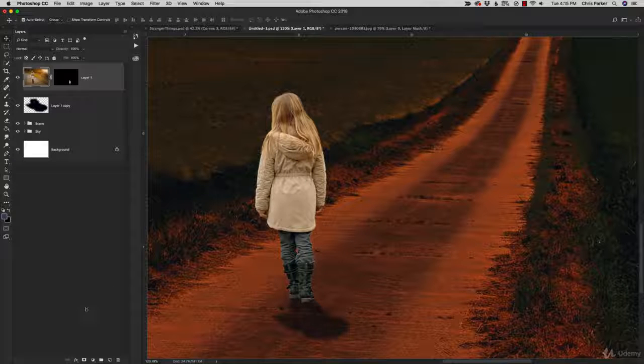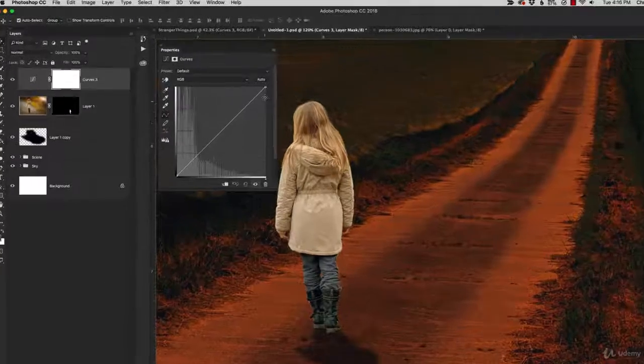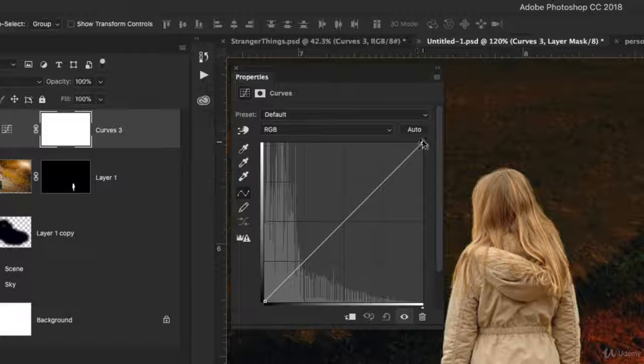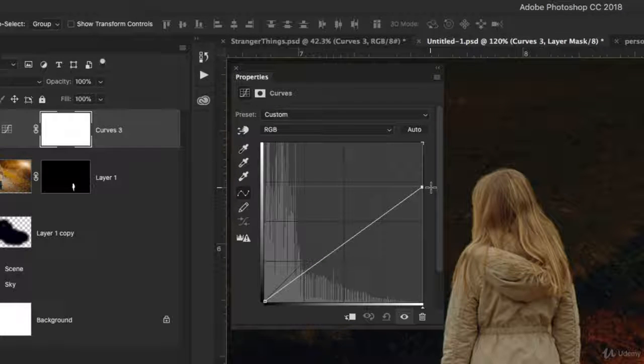All right, so we're going to need to add a few adjustment layers in order to darken her up. We could do it all in one, but I like to stack two or three in order to build up and darken the highlights and the shadows as needed. So I'm going to go ahead and apply a curves adjustment for the first one. And what I'm going to do is grab this top anchor point and pull it down. And what that's going to do is darken up and flatten out the highlights of